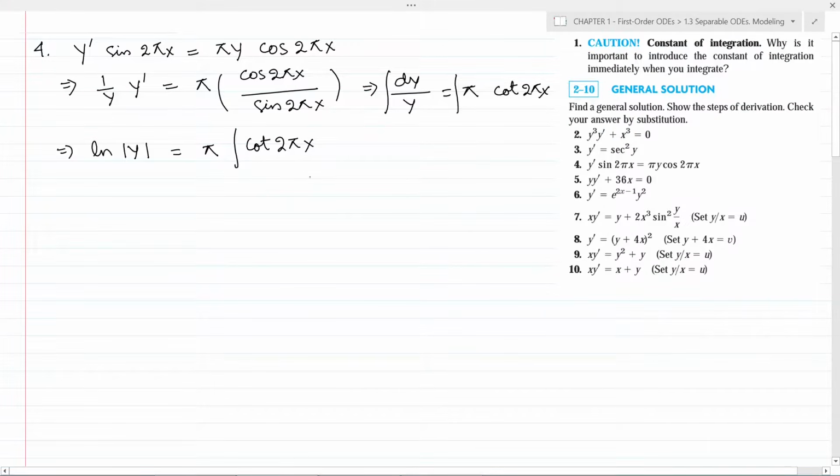We know that integration of cot x dx is equal to ln sin x plus c. So we will use this identity